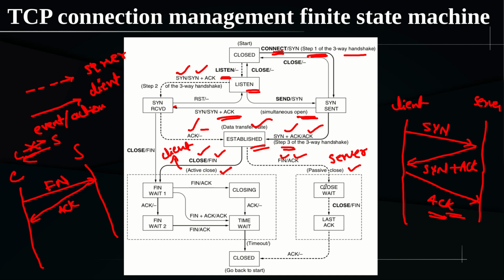So that is why the server is going to the close wait state, because to make the connection close completely, there should be one more thing from the server side also. It should initiate a FIN request to the client. So as soon as it is reaching the close wait state, from the server side also it is calling the close system call, and on the background it is sending the FIN packet back to the client. So now the server is waiting for the last acknowledgement, that is this particular acknowledgement from the client. So as soon as the server is getting the last acknowledgement from the client, it will be closing the connection.